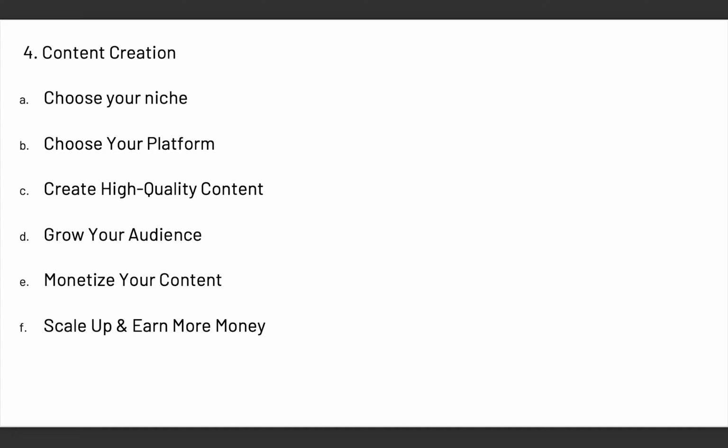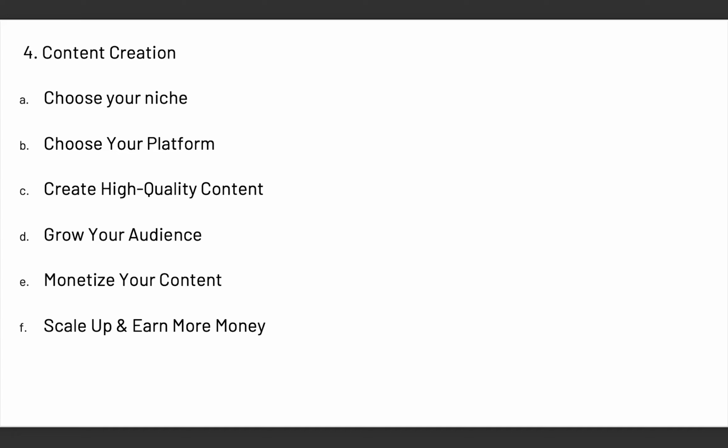And then another way is to leverage popular topics. If you see a particular topic that is doing well on your platform, make sure that you keep creating content under that same topic, because this will really help your audience grow, because people are really interested in that topic. So the more content you create under that topic, the more your audience will grow. And another way you can grow your audience is to collaborate with other content creators. So doing all of these things can help you to grow your audience easily.